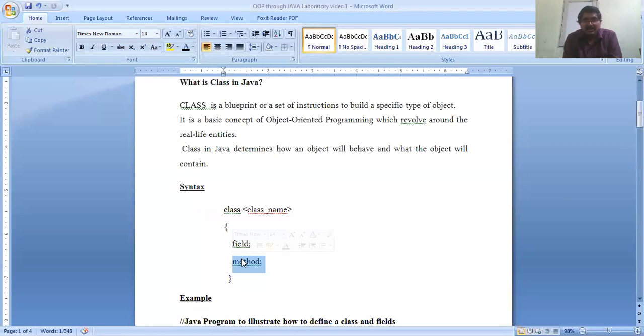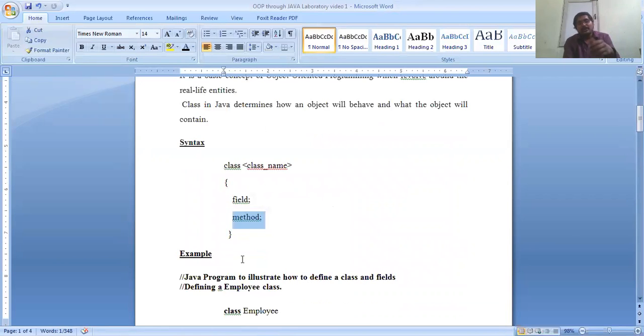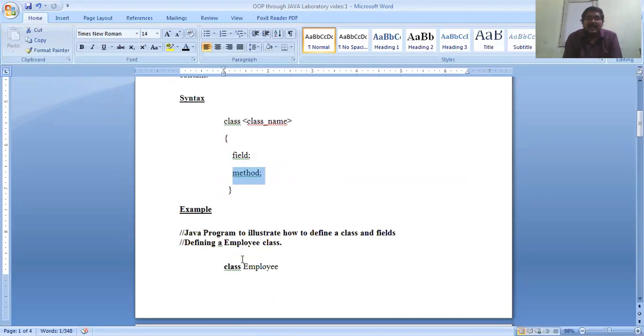This can be better understood with an example. Let me assume that I need to create a class called Employee. And in that Employee class, let me assume that I need to take two fields: one is employee ID and the other is employee name. So what is the basic syntax of a class? First, I need to use the keyword class, followed by the class name. I need to write a class for Employee, so I am taking my class name as Employee.